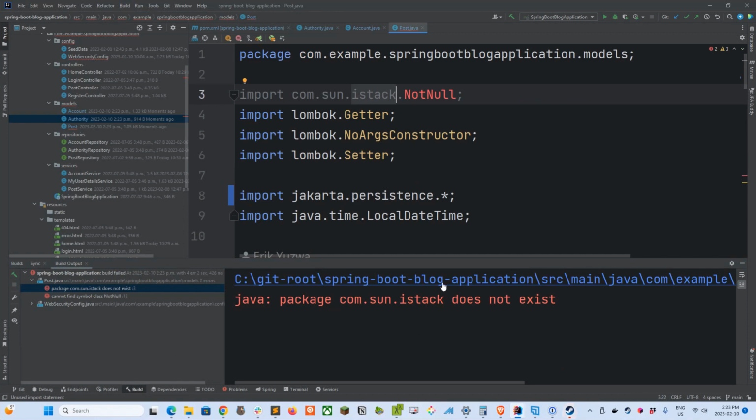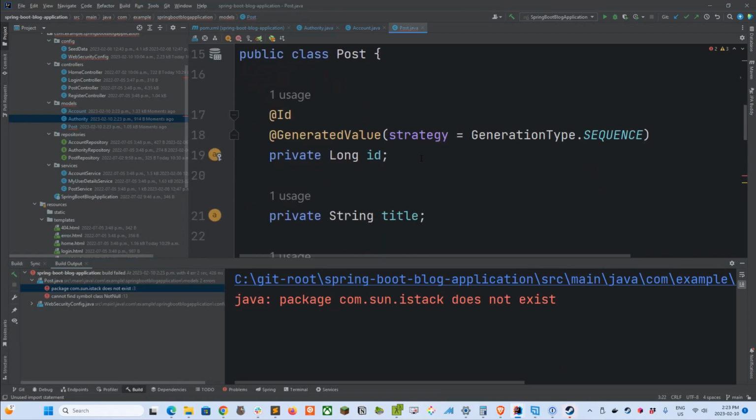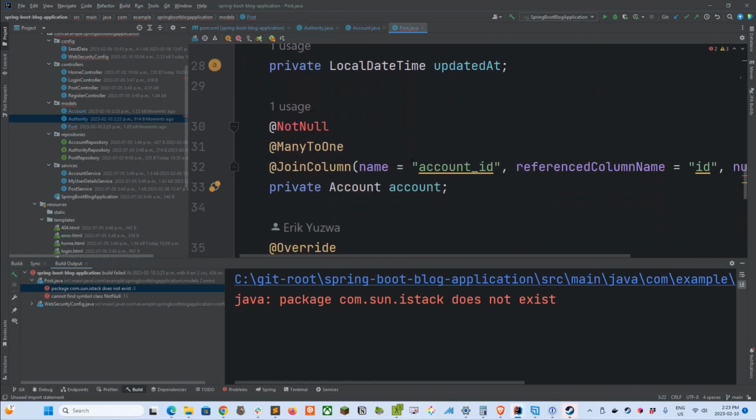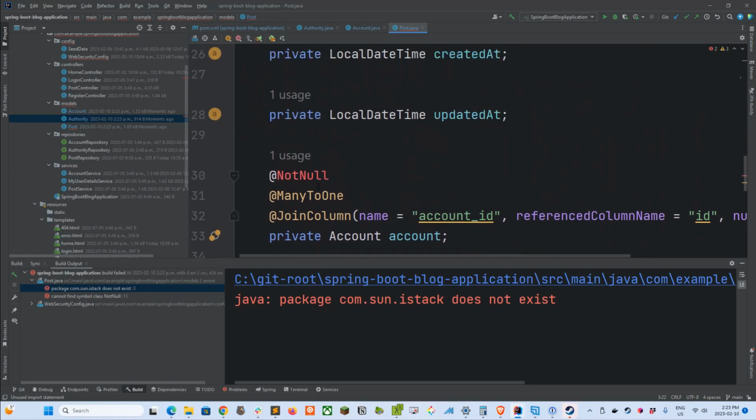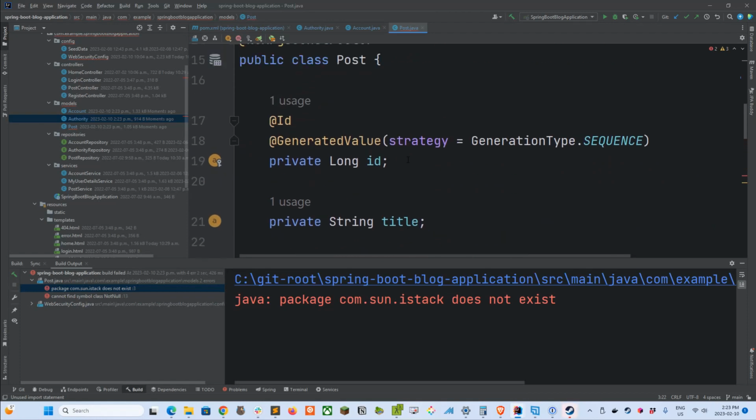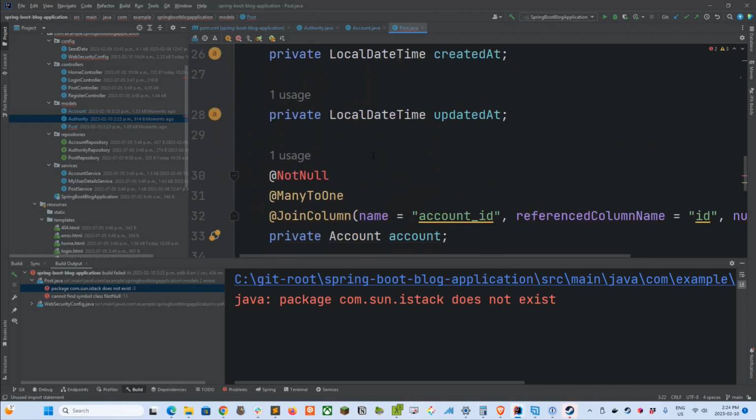Okay, so the not null validation that we were using for this join to our account within a post, the many-to-one reference, I should say, we used this package, sorry, com.sun.istack. And I realize that this is very specific to this application. You may not be using it in yours, but I'm just going to go ahead and change this to the